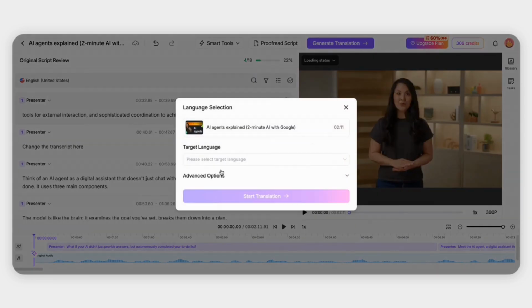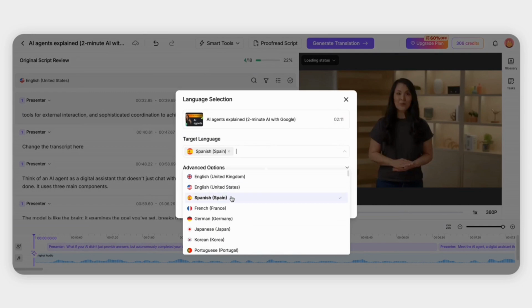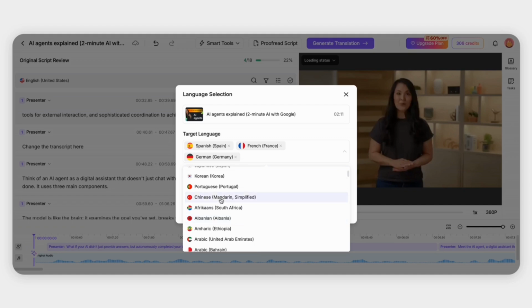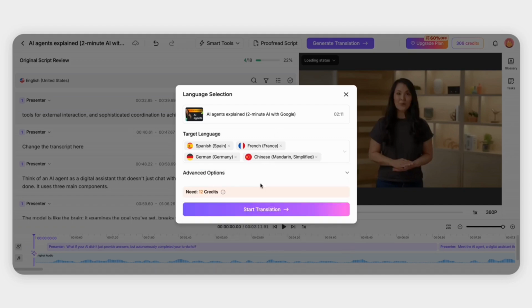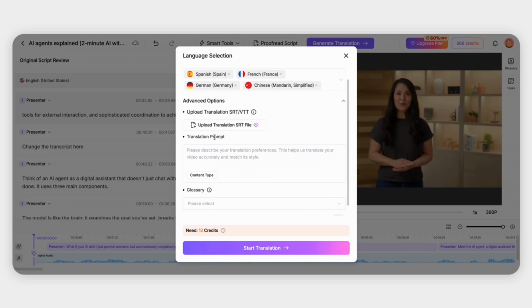Click Generate Translation and select your target languages. You can generate multiple languages at the same time for multi-language localization projects. We highly recommend opening advanced options and adding a translation prompt. This allows you to control the translation tone, style, wording preferences, and specific requirements, helping AI generate more natural and